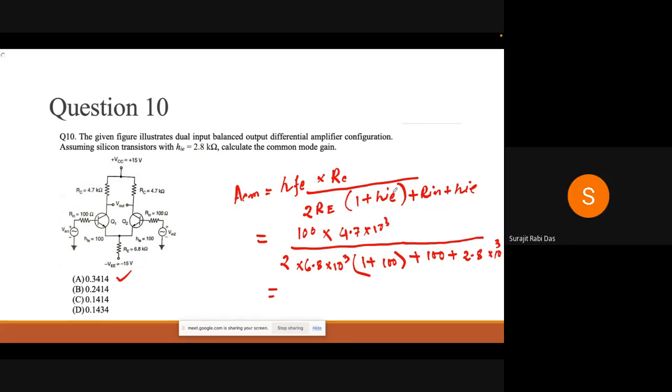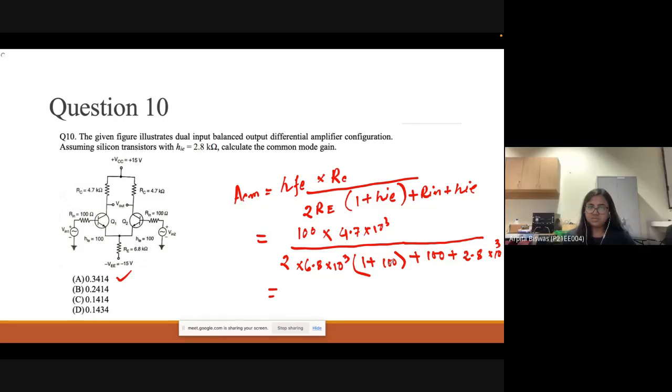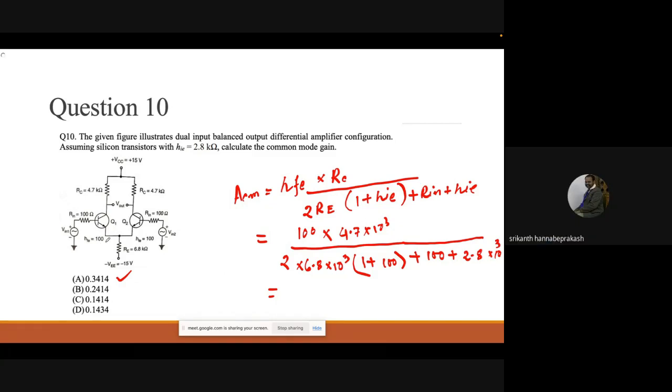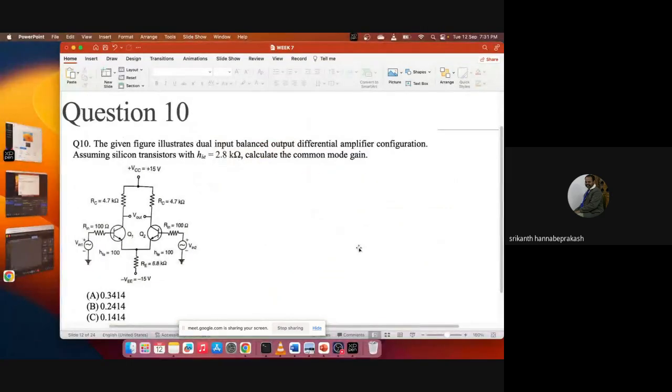In the bracket, so write 1 plus. 2,900, it will become 2.9. 0.3421 it's coming. 12.4 plus